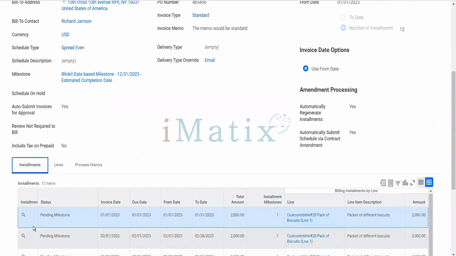I'll show you. What is pending milestone? Because we added the milestone feature here, only when the milestone is completed will you be able to send the invoice. Like when the builder asks you for the payment, when they do something for you, the first milestone is achieved. Now can you release the payment for us? As you can see, it says pending milestone. What it means is that we have to go to this milestone